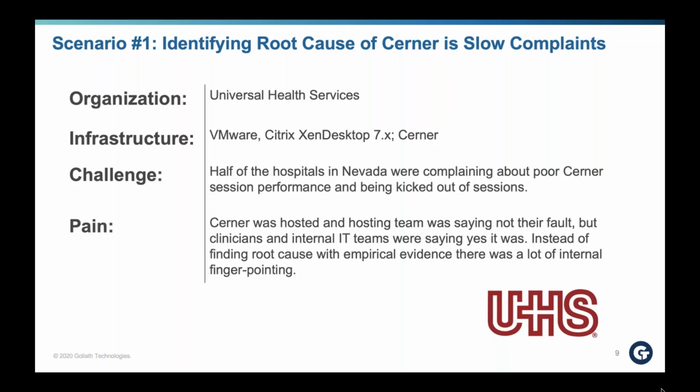They pretty much are on-prem, on a VMware hypervisor platform, as well as Citrix and desktop. However, they are a Cerner customer, which means that Cerner provides services for them via their remote hosted option. So particularly the challenge that they were having in this example was focused on a couple of